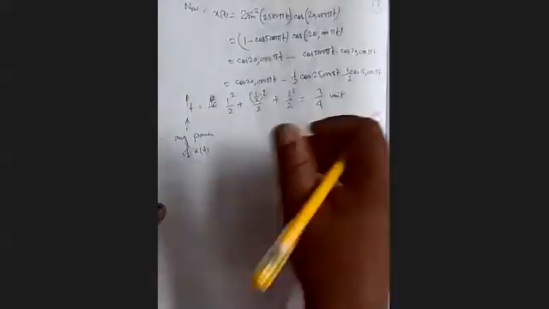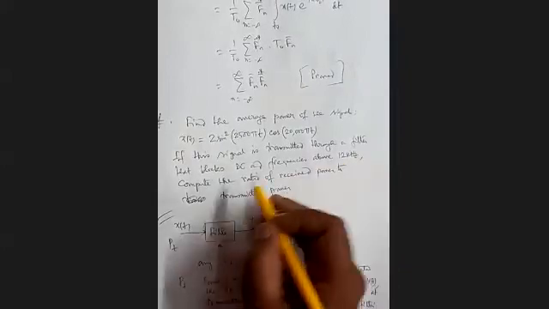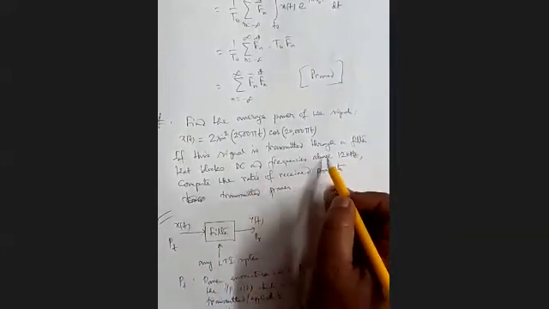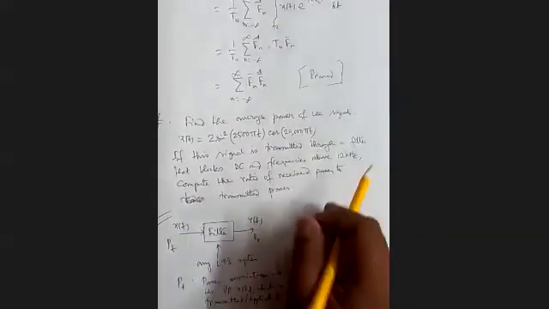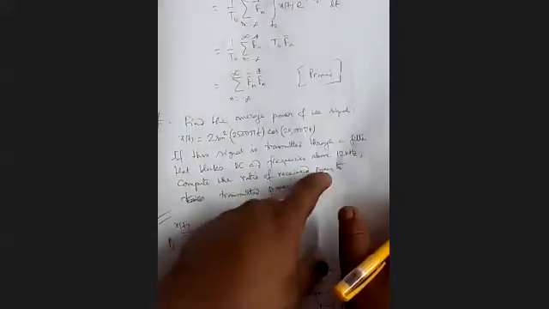So that is PT. Now it is clearly mentioned in the problem that the filter blocks DC and frequencies above 12 kilohertz. In the signal, there is no DC component, so nothing to block. But there are frequencies above 12 kilohertz. That will be blocked by the filter, and this component will not come in the output.